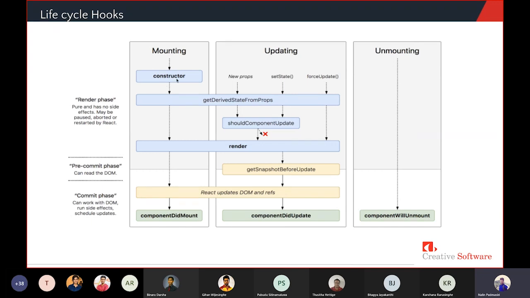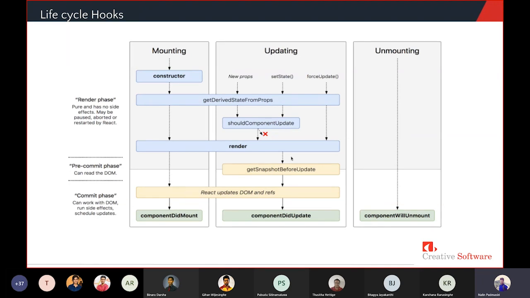In class-based components, you will find several types of functions and things that you can do inside those functions. Within the render phase, everything is handled by React. This is called the pre-commit phase, and only the getSnapshotBeforeUpdate function is inside this.